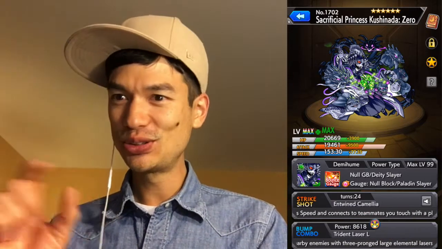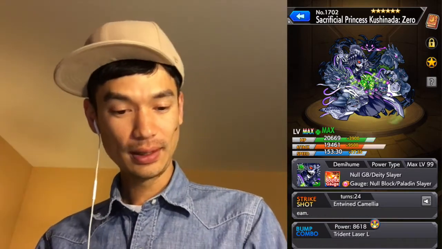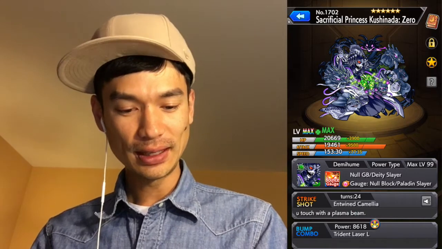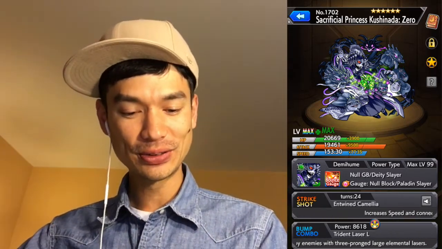If I had to compare the 2, I would say Yamato Takeru is the better of the 2, but Kushinada Zero is close. And then as for quests that she is good for, she's kind of tailor-made for Yamato Takeru. And then I'll do a video of her in that quest later, the next time that shows up. She'll also be good for Tsukuyomi Zero, where you want null gravity barrier and null block. And then you could take her to Tsukuyomi gravity barriers, and then